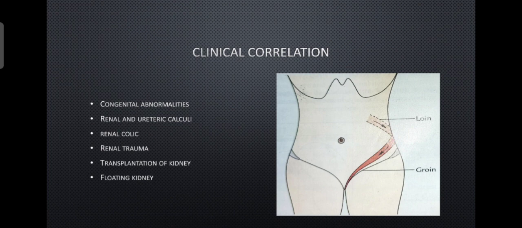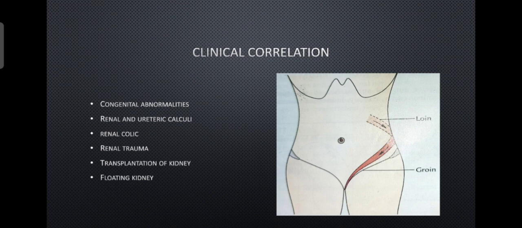Then one most important point is the transplantation of the kidney, which is usually done when the patient has end stage renal failure. Okay, so the donor kidney is placed retroperitoneally, that is behind the peritoneum in the iliac fossa, with the hilum parallel to that of the external iliac vessels. Okay, so external iliac vessels are paired with that of the hilum of the donor kidney that is placed in the pelvic cavity.